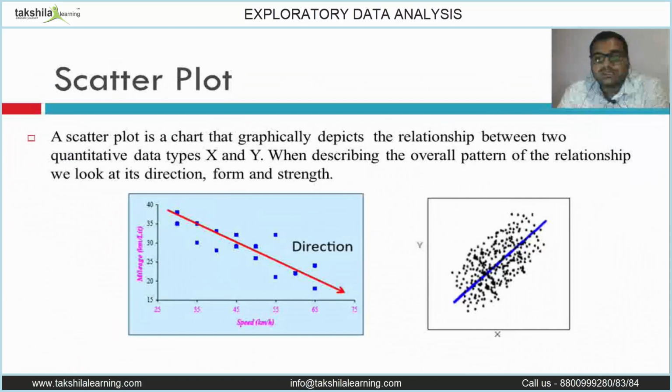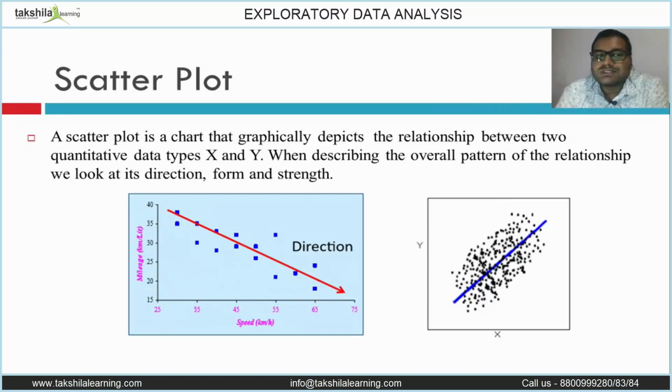So see here, this is the scatter plot. If you look at the left side, we can see the direction, how the data is spread. And on the right side you can see the data distribution, and you can even find the outliers, the values lying outside, like these top values. So we can think these might be outliers, but it depends; if we go for the calculation, we can find out exactly whether it is an outlier or not.